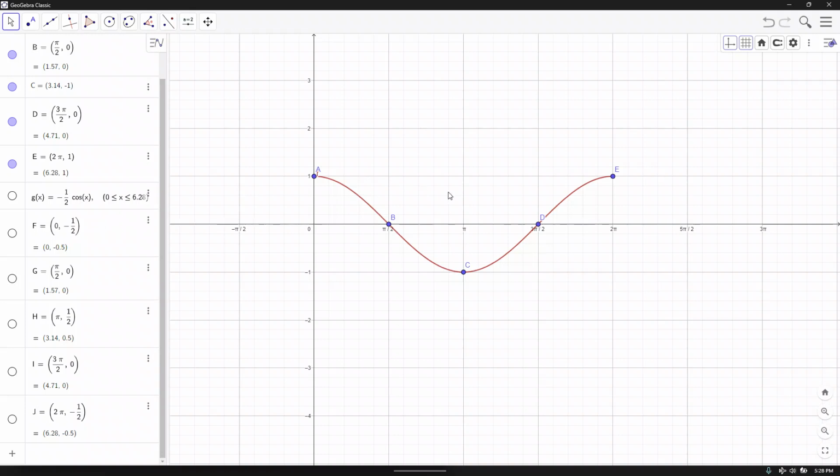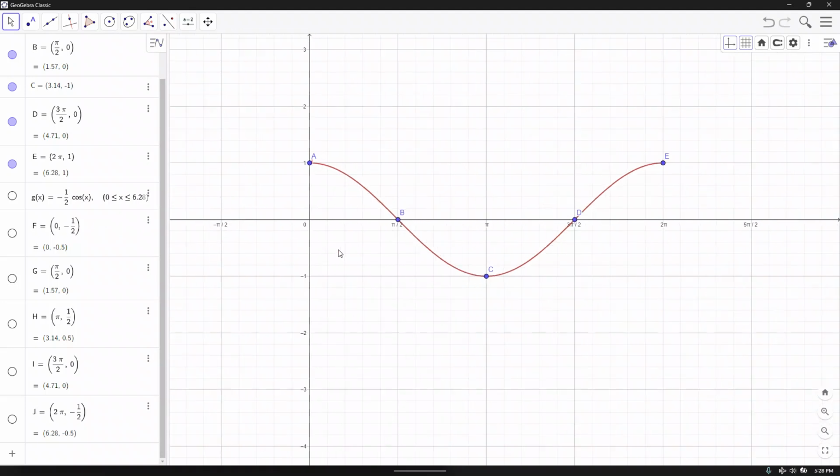So now you have to imagine the graph of this function, or this same graph, shrunk by a factor of a half. All right, so